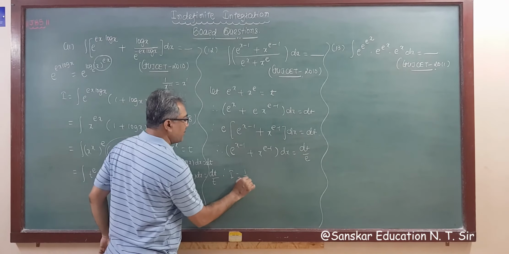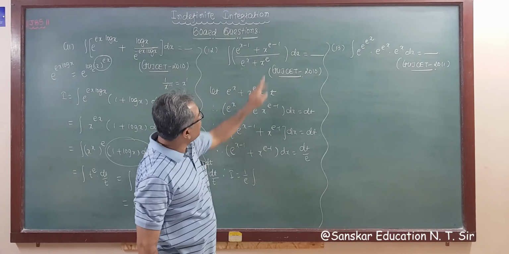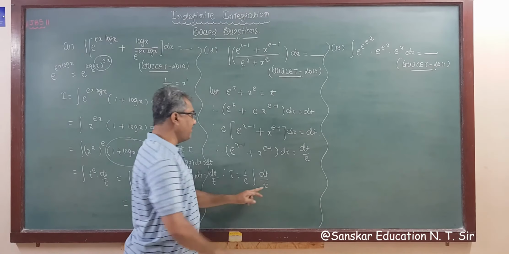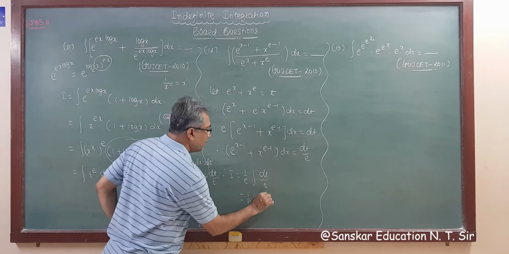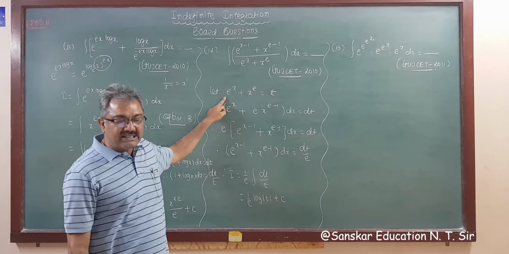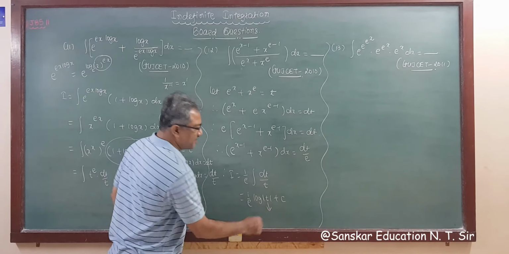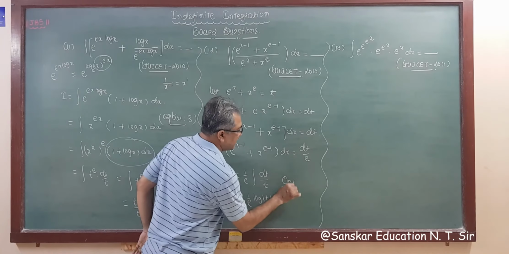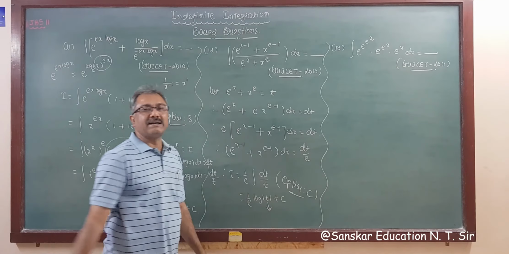I is equal to 1 upon e constant integration. Now this is e raised to x minus 1 plus x raised to e minus 1 dx is dt, and the denominator is t, that is the derivative of the denominator is in the numerator, so the answer is log mod t plus c, and what is t? t is this, so your proper answer for this question will be option number C, right? So you have to substitute the value, but no need to substitute the value in MCQ, right? Because you have to check the answer. So option C is your correct answer, right?